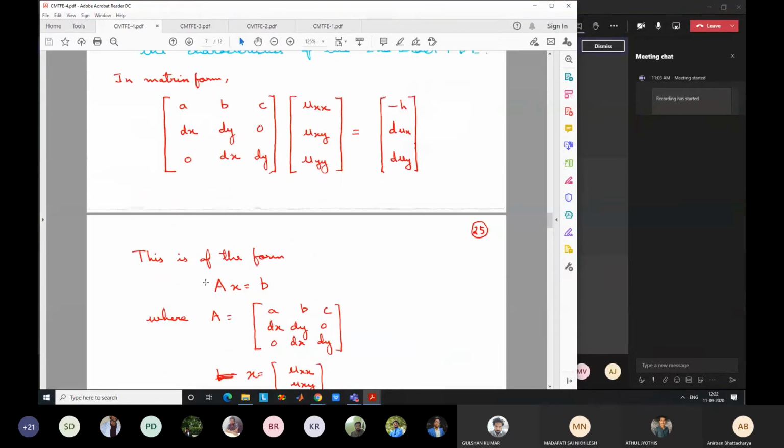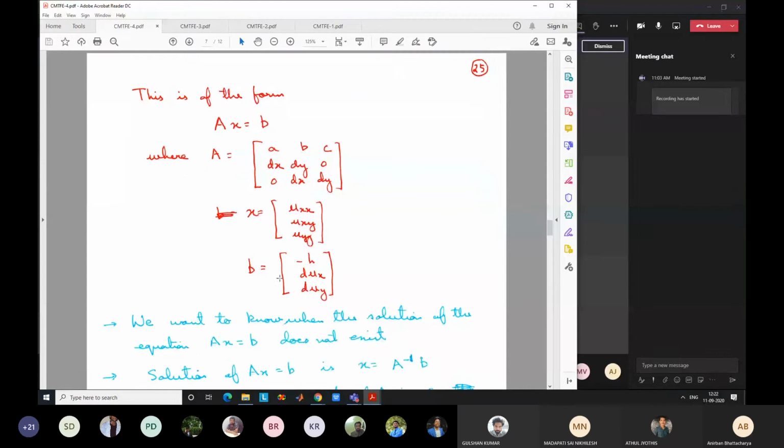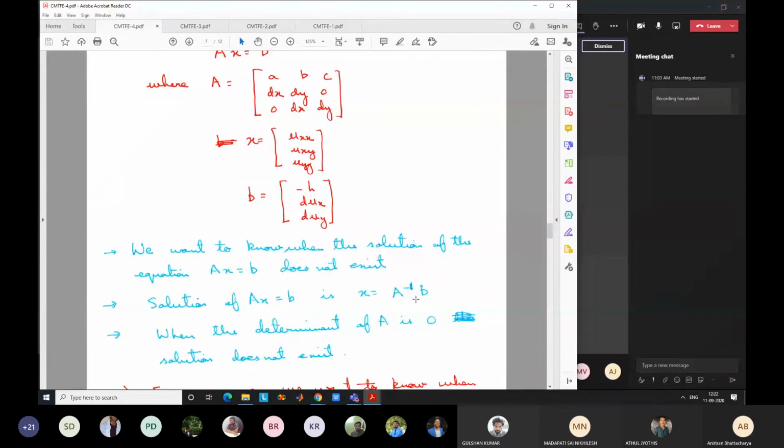Okay. So you know the solution of this, in the matrix form. If I multiply by A inverse on both sides, we will have A inverse into A, which will become the identity matrix. So ultimately the solution is x equal to A inverse B. We want to know when the solution of this equation Ax equal to B does not exist. We are not finding the solution; we want to know only the case when the solution does not exist.